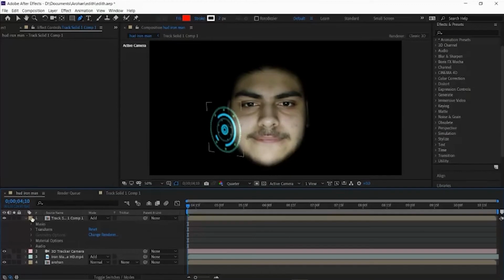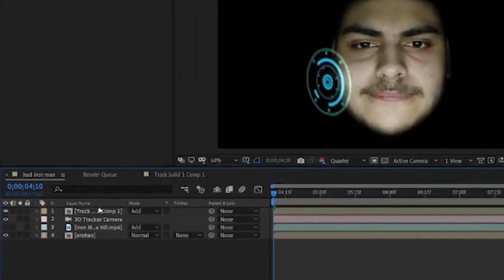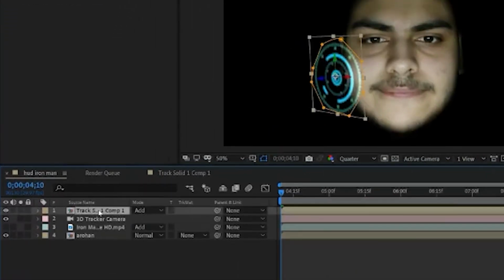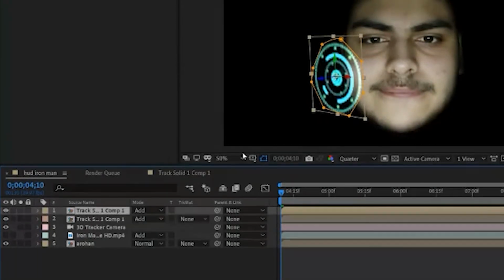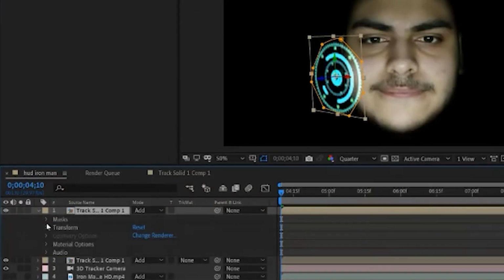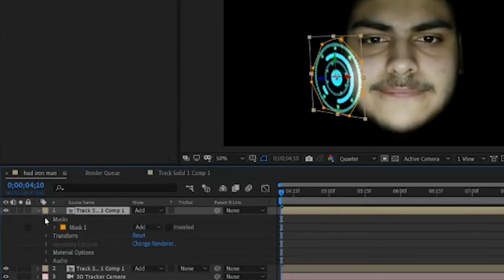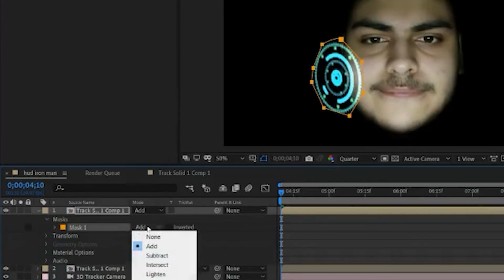Now I'm just going to duplicate this layer. Select the layer that we were working on, the Iron Man one, and press Control D. Control D basically allows you to duplicate anything. Now in the duplicate layer, go to the mask, and we need to change the mode from add to subtract.